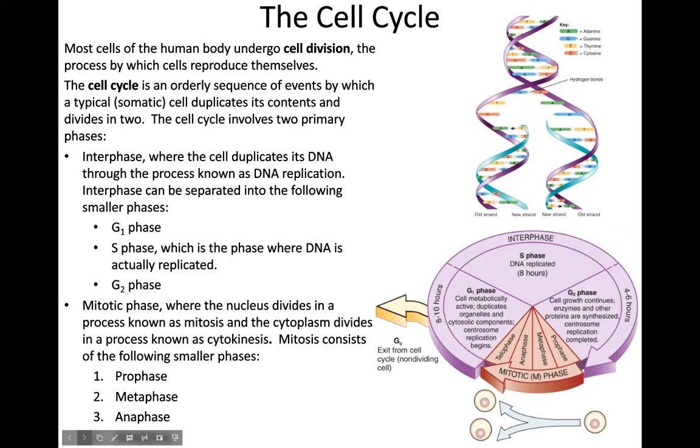Not all cells of the body undergo cell division, but most of them do. And cell division is one of the components taking place in the cell cycle. The cell cycle is defined as an orderly sequence of events by which a typical or somatic cell duplicates its contents and divides in two. The cell cycle involves two primary phases. They are